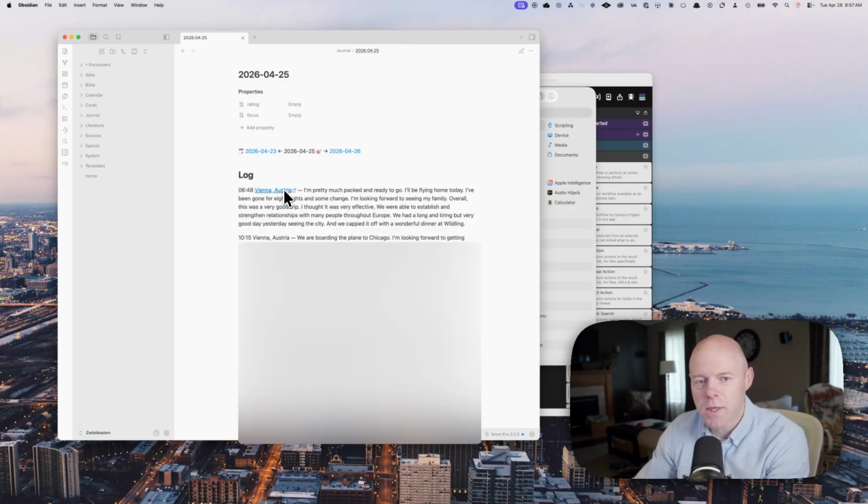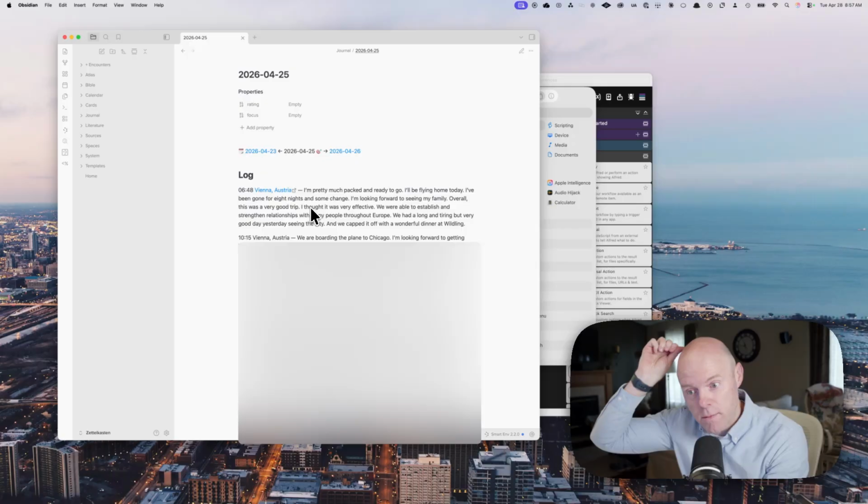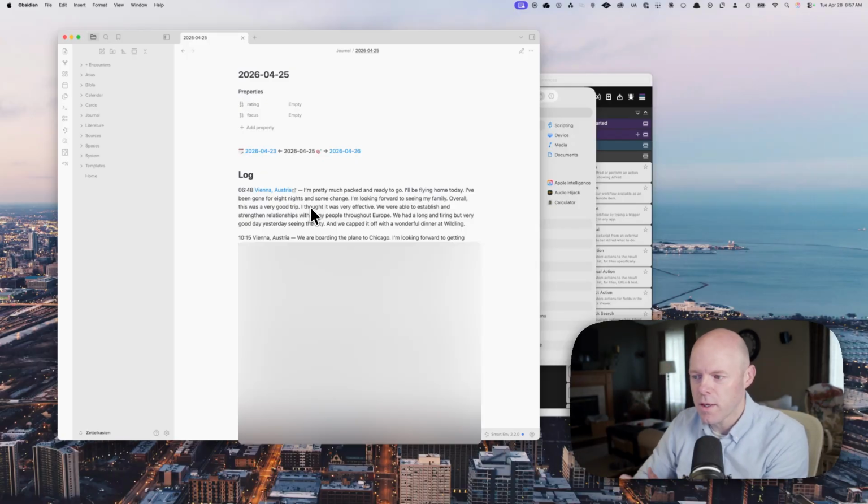So I like doing this because over time, and especially when I review my notes, I can see things and I have a location context and I understand where I was, and especially if I'm on a trip, it can help me remember my specific location. Now, I don't make this manually. I have a system where I can use hotkeys